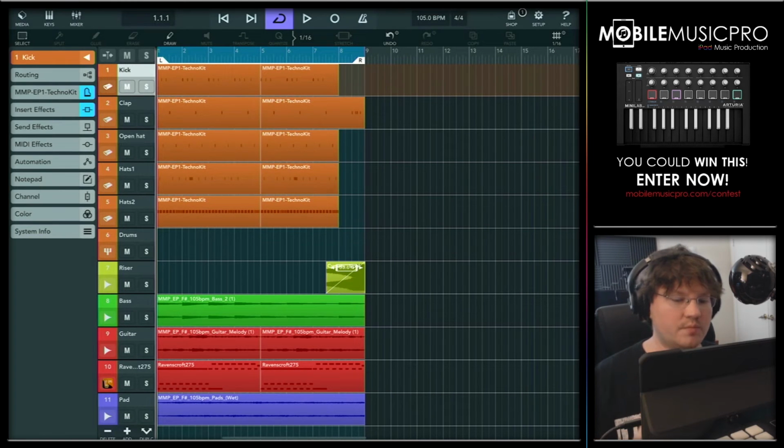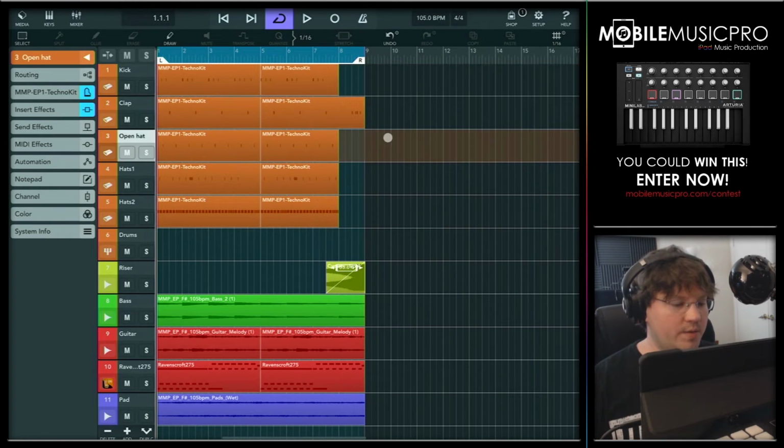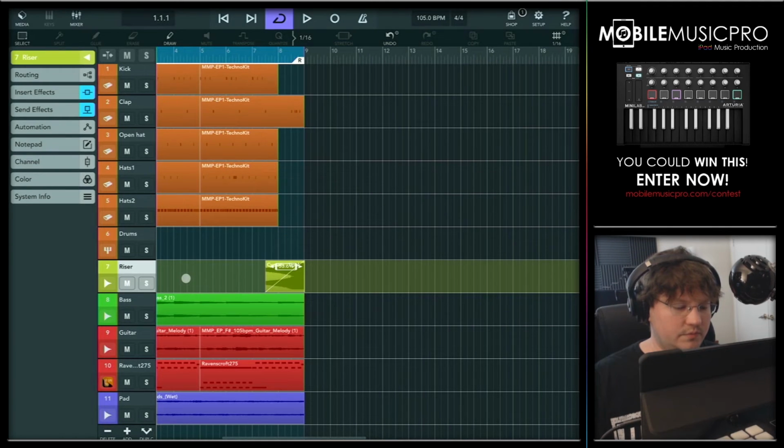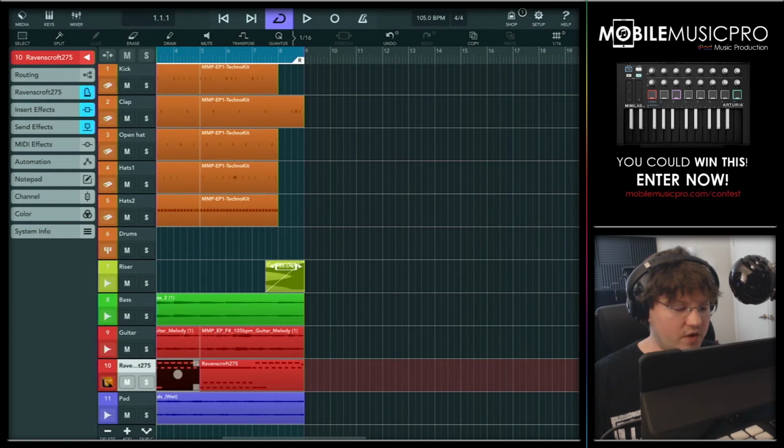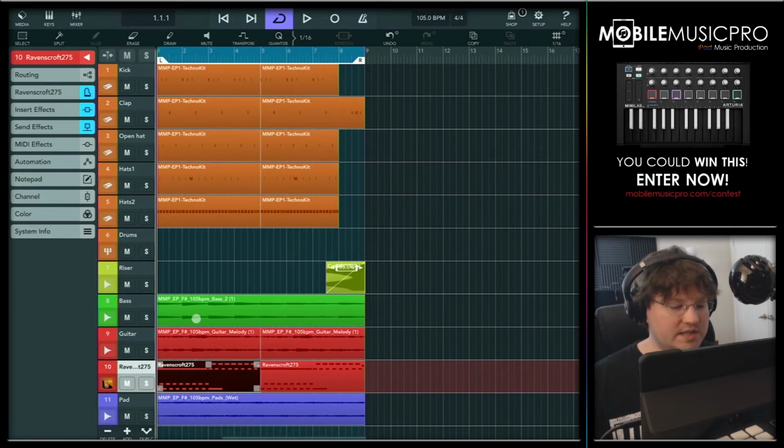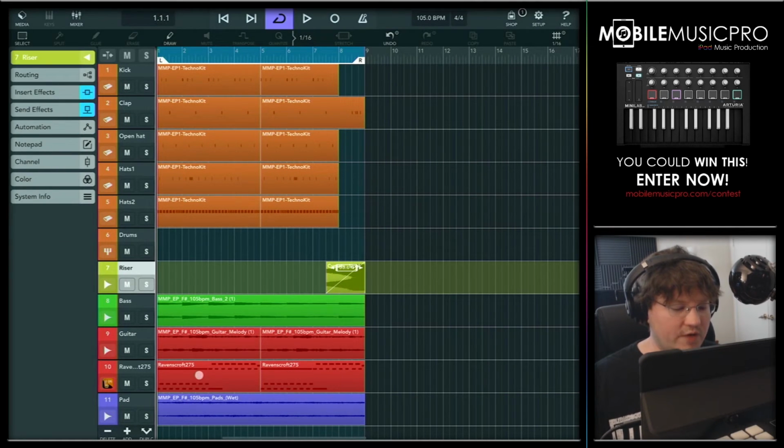Now if we take a look here, it's a rather simple loop. We just have our drums here, which is made up of our kick track, open hat, hats, hats 2, and it's all connected to a drum bus here. And then again we have that riser, bass track, guitar track, piano track, and finally a pad track. Once again, all the sounds here coming from our brand new sample pack, except the riser and the Ravencroft piano